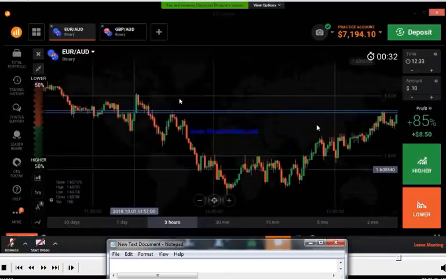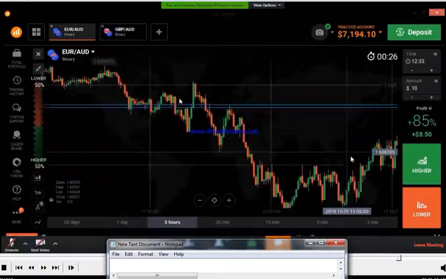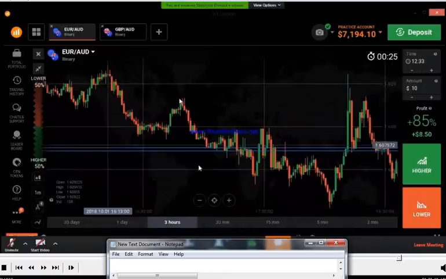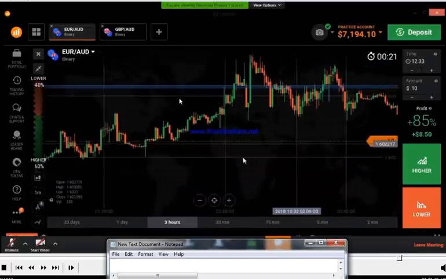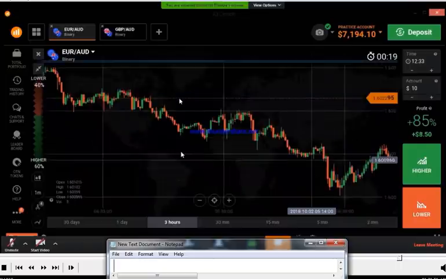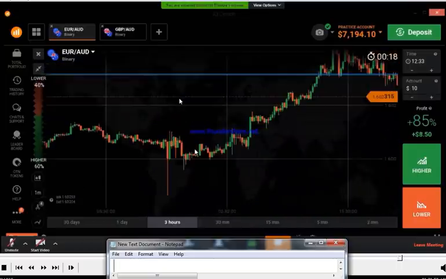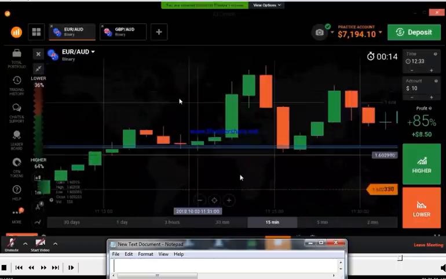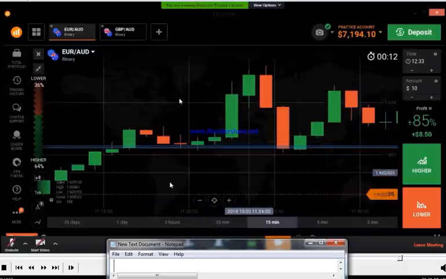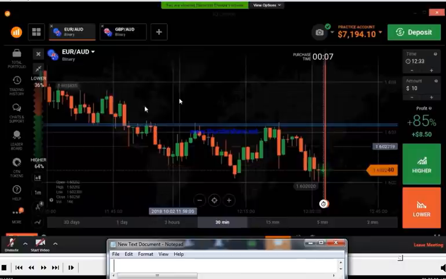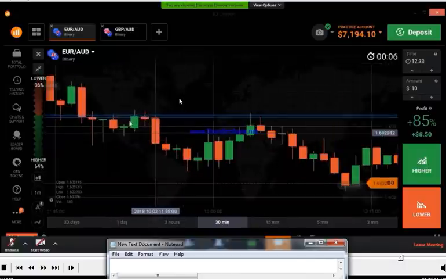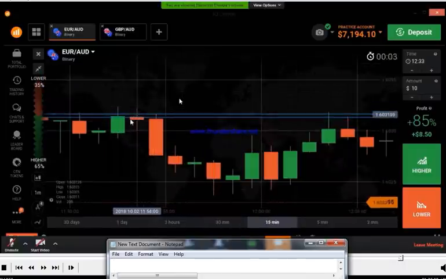So we don't know the strength of the level. If you find a spinning top at a strong level, you can use the candle as a reversal candlestick. You can trade without any confirmation. It will work most of the time, about 90% of the time. Okay, you can find one confirmation. Yes, you can see one reversal candlestick here.